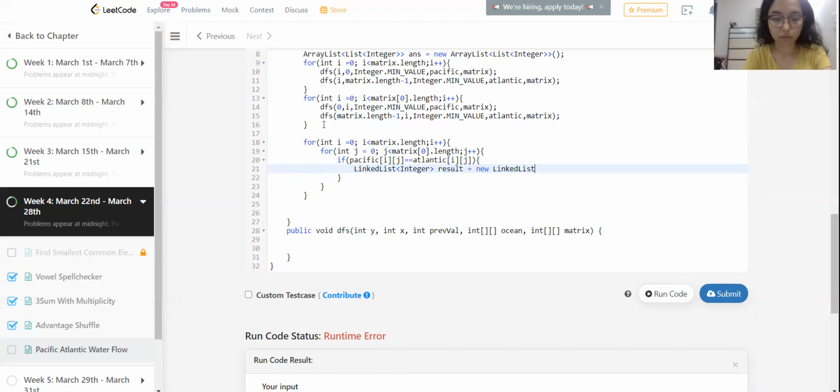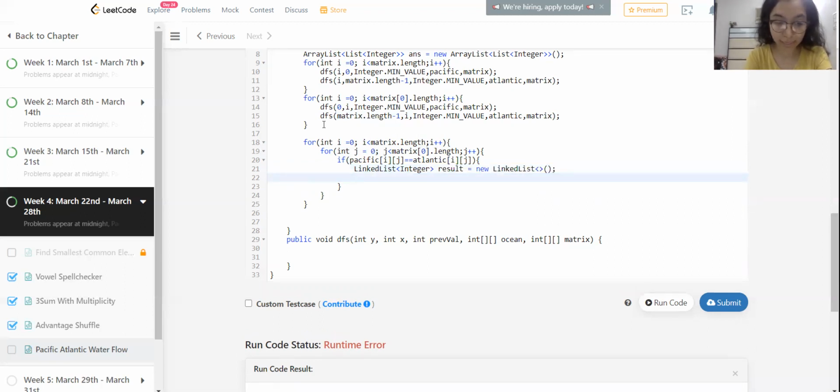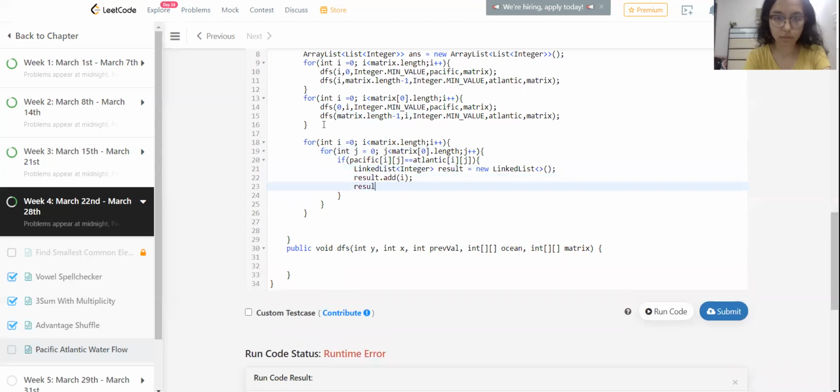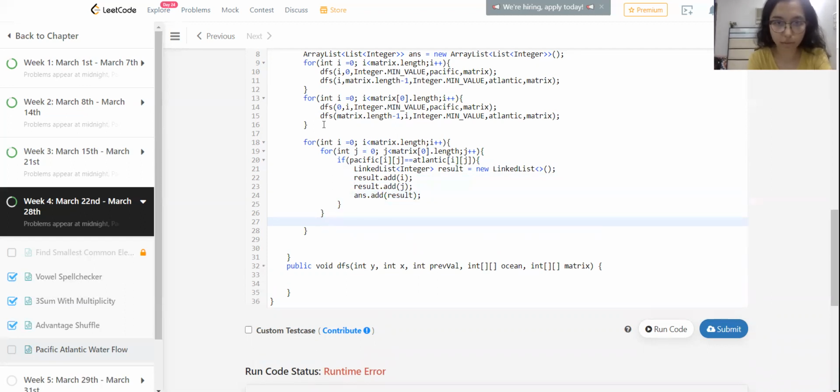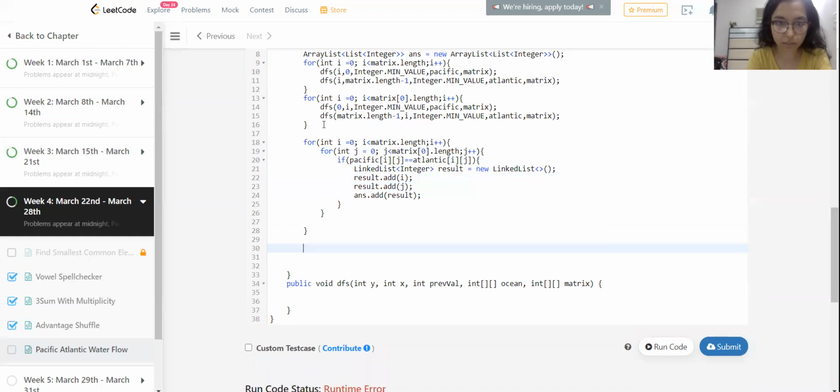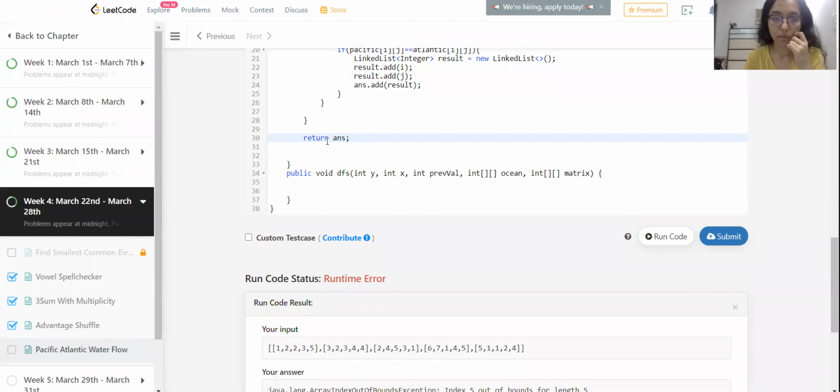Let's add result dot add i, result dot add j, and finally let's add this to answer dot add result. After the for loop, just return answer, and this will be our solution.